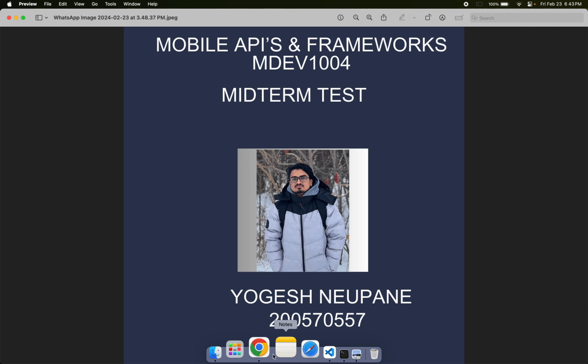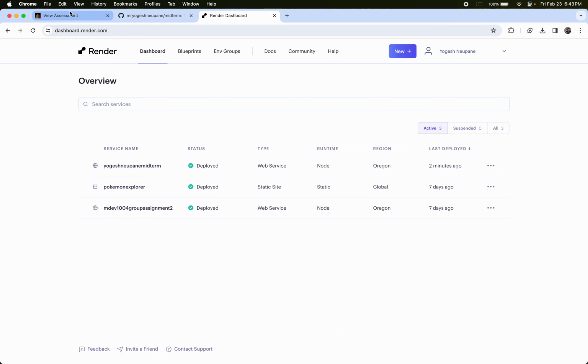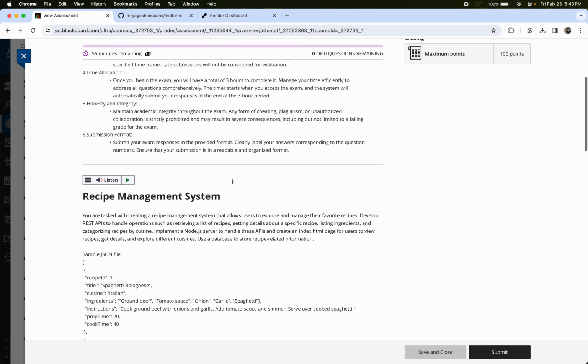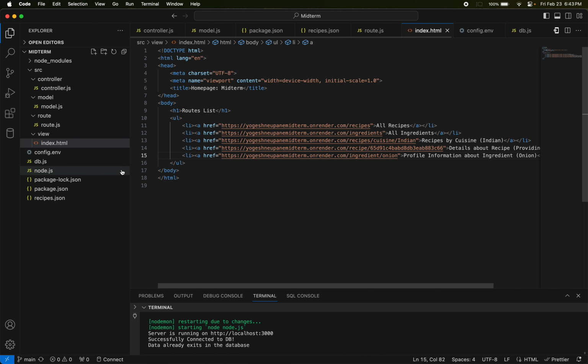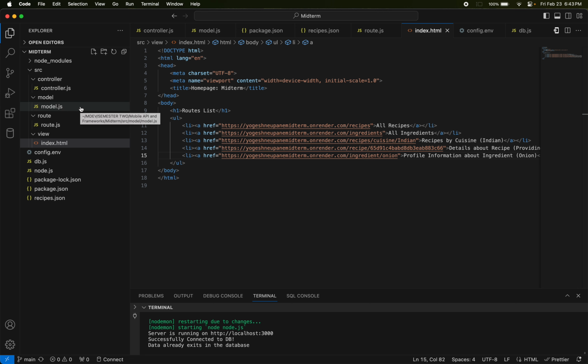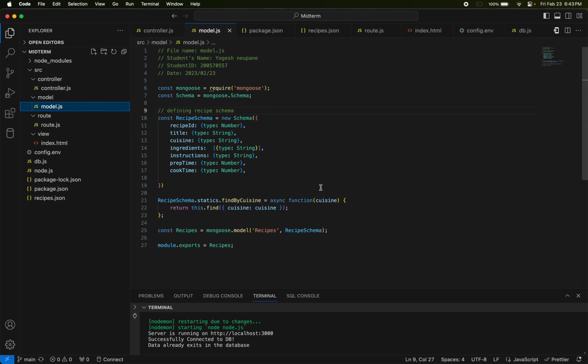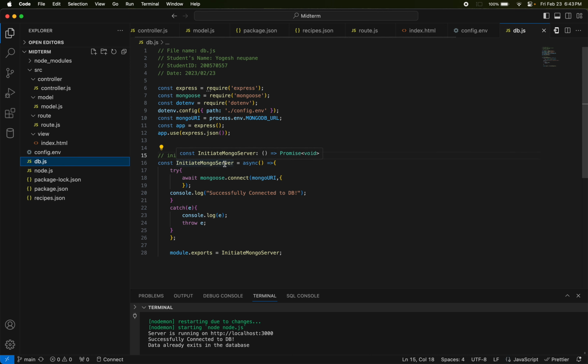And for the midterm question I got the recipe management system, for which I started creating a REST Express API project. First I created a project and then designed my model for the recipe schema, and then I created a DB file